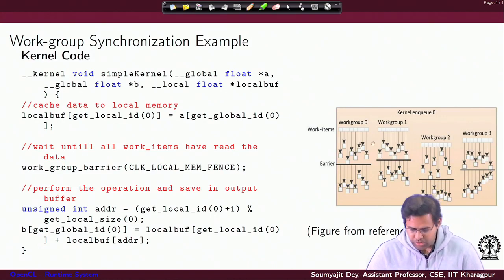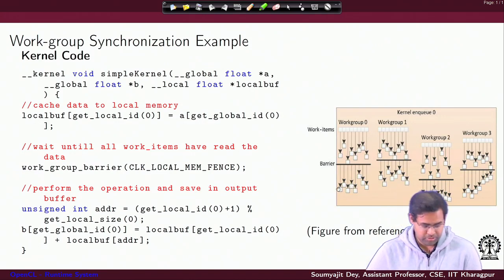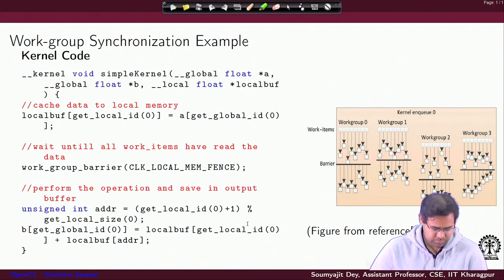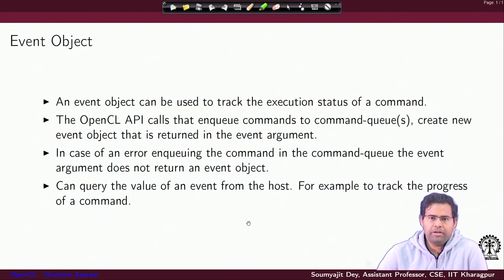If you look into the figure, for this kernel, you have launched multiple work groups. The y-axis is the time scale, I would say, and you have all the work groups being dispatched, right? As you can see, the synchronization is actually happening at different points of time across work groups, but inside every work group, all the threads have to hit the barrier, synchronize, and then move forward. So this is one synchronization primitive using barriers that you can use.